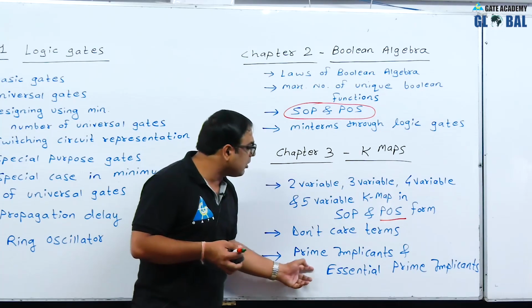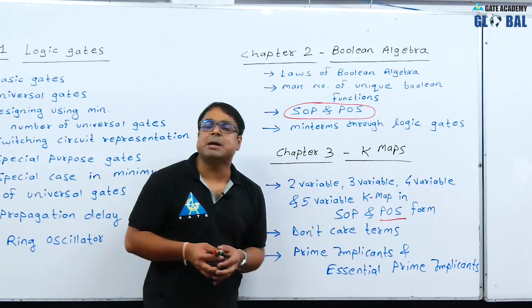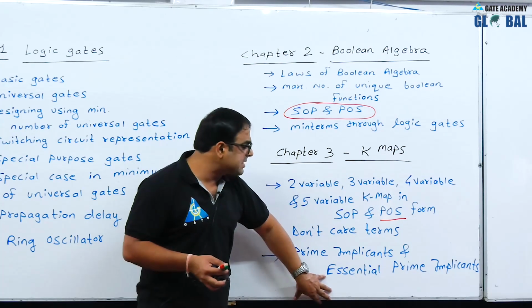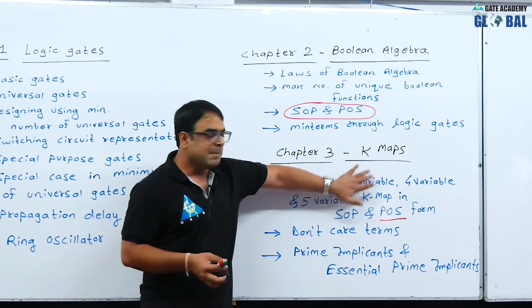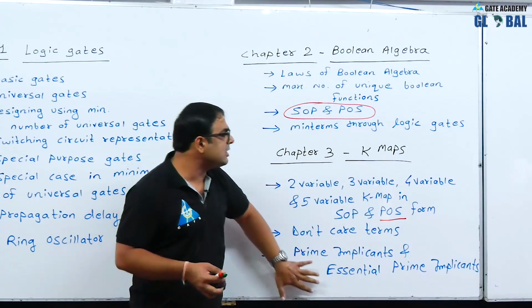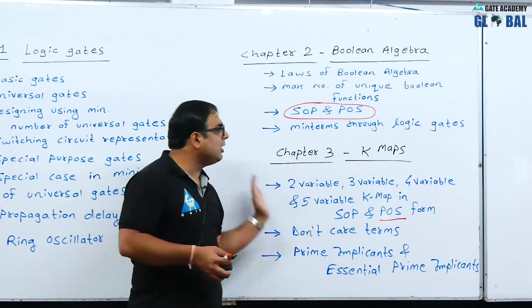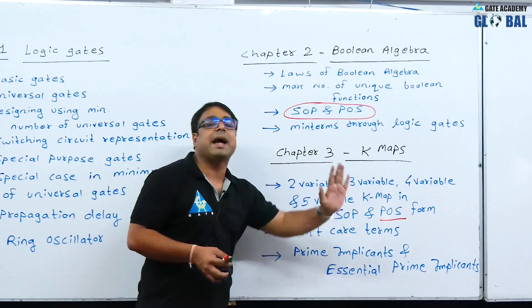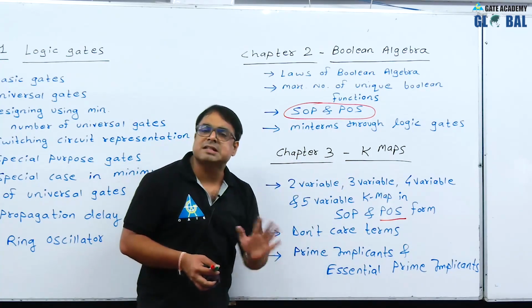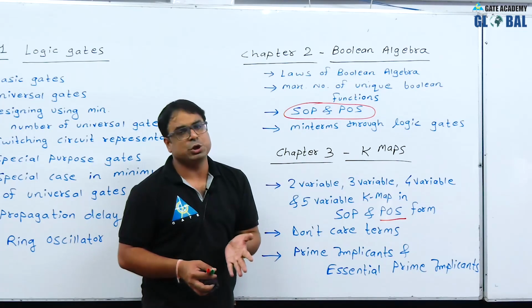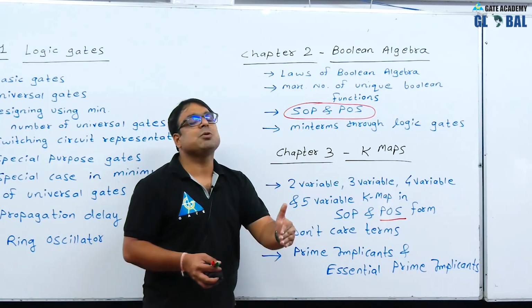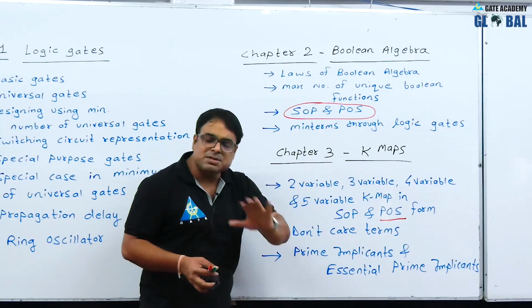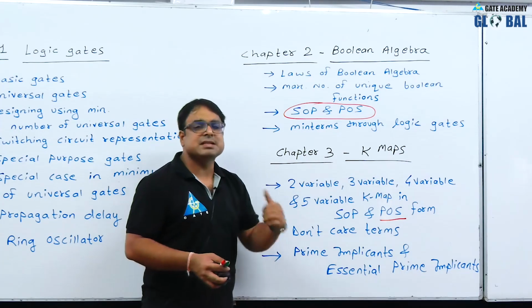Next, very important topic, prime implicant and essential prime implicants. This topic we will be studying with the help of K-maps. So this chapter is again very important. So you can see all these topics are very basic, and I will suggest you do not skip any topic. However good you are, just maintain this sequence and you will definitely love the subject